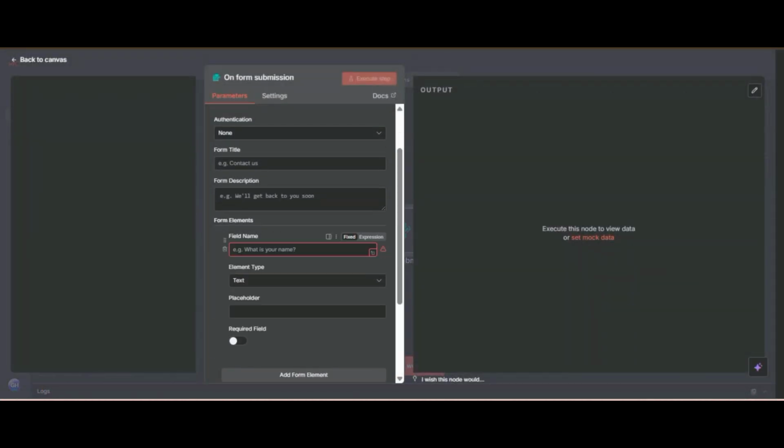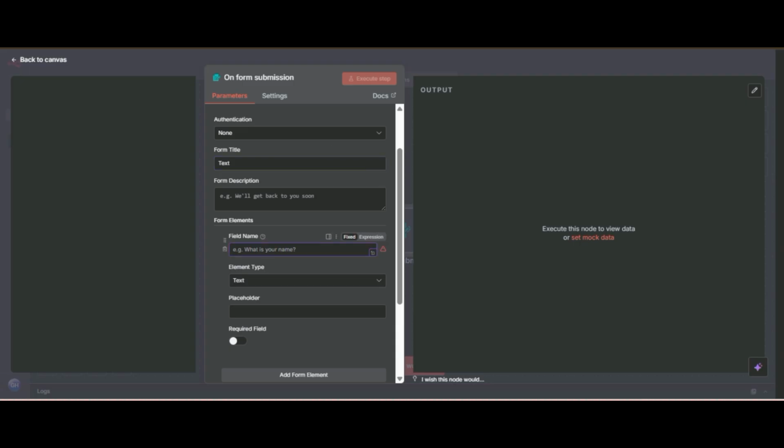So here, necessary is only a text, because we want only text. But to explain the Edit Fields node, I will retrieve name also.